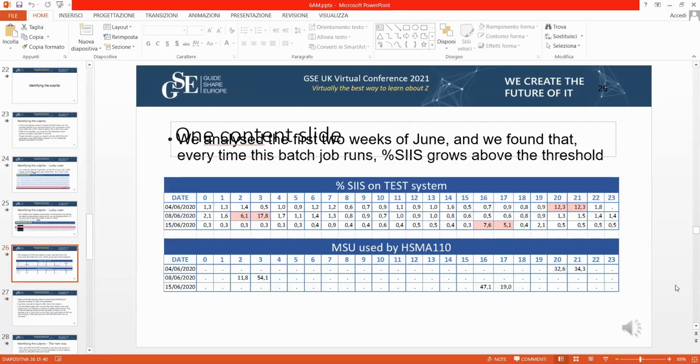Okay, and so the next step was to try and see when this address space was running. And we saw that every time that specific address space was running, the index about the storage into instruction stream grew about 10%, or anyway, every time the address space was running, there was the problem. So definitely this was the address space.